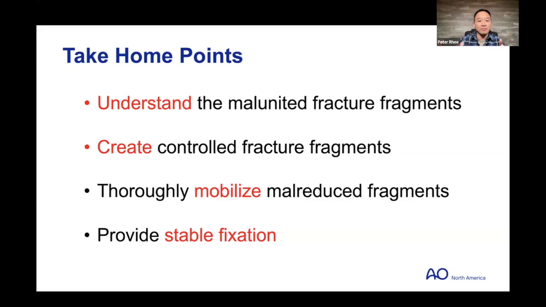So my take-home point before we get to our speakers is that you really have to understand the mechanism, what the fracture fragments could have looked like. Sometimes it's hard when everything is healed and you don't have these clear fracture planes anymore. But once you do, it's just creating these fractures again, and then mobilizing them enough. I can't stress that enough. You've got to mobilize these fracture fragments because there's a lot of periosteum and callus that can limit your reduction